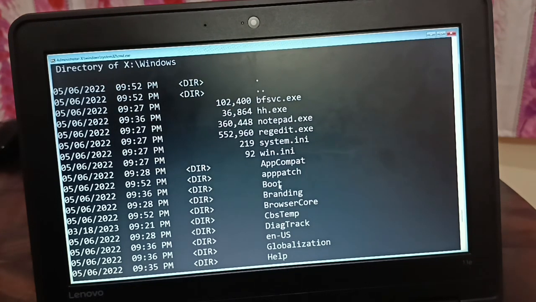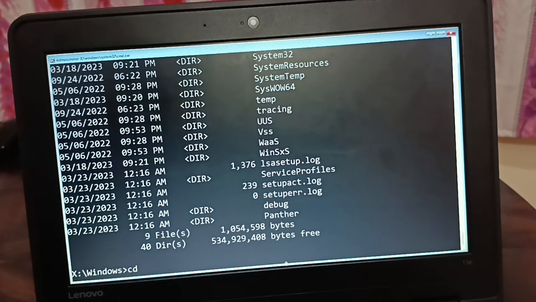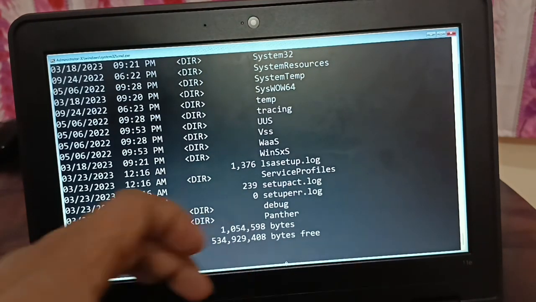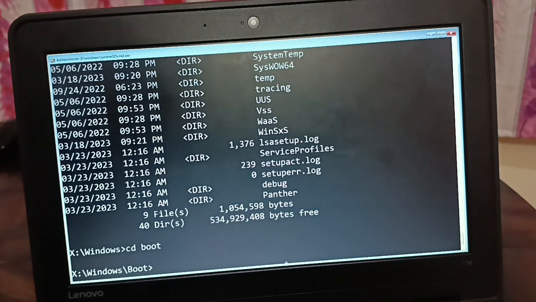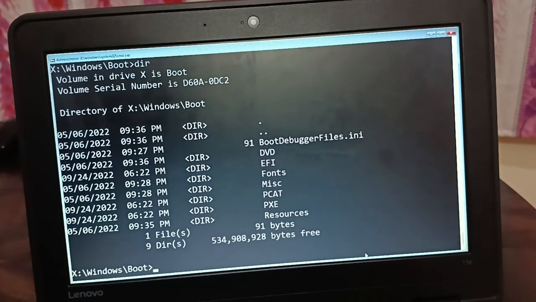Okay, here I have a boot. So what I'm going to do, I'm just going to enter inside the boot folder. So we'll say cd boot. Now we are inside the boot folder. Let me see what I have over here in the boot files directory. So here I got all this stuff: EFI, font, resource. Now what I'm going to do, I'm just going to create the boot files. BCD boot